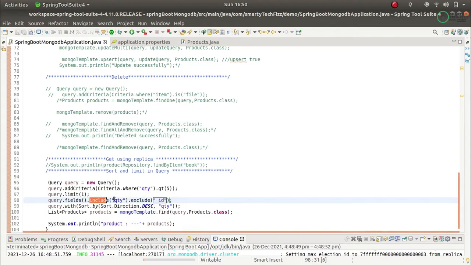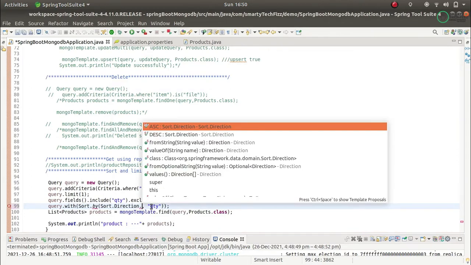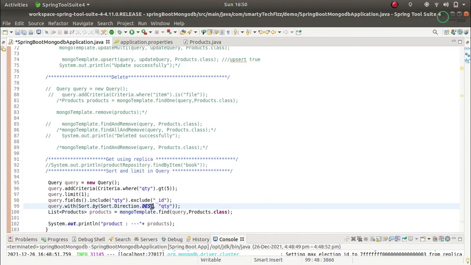So this is for the projection, this is for the limit, and I want the result with sorting. The result should be sorted on the basis of the quantity field, but in descending order. The sorting direction is either ascending or descending, so it depends on you, whatever direction you want.